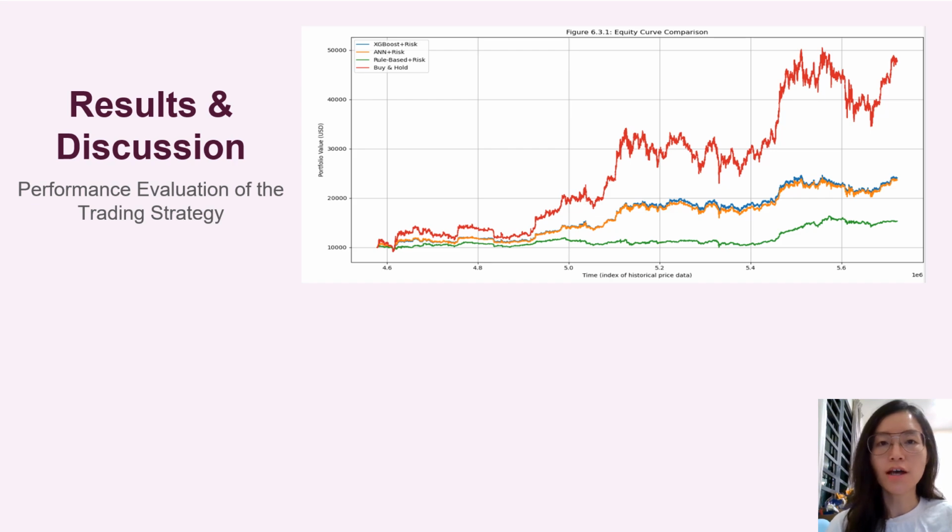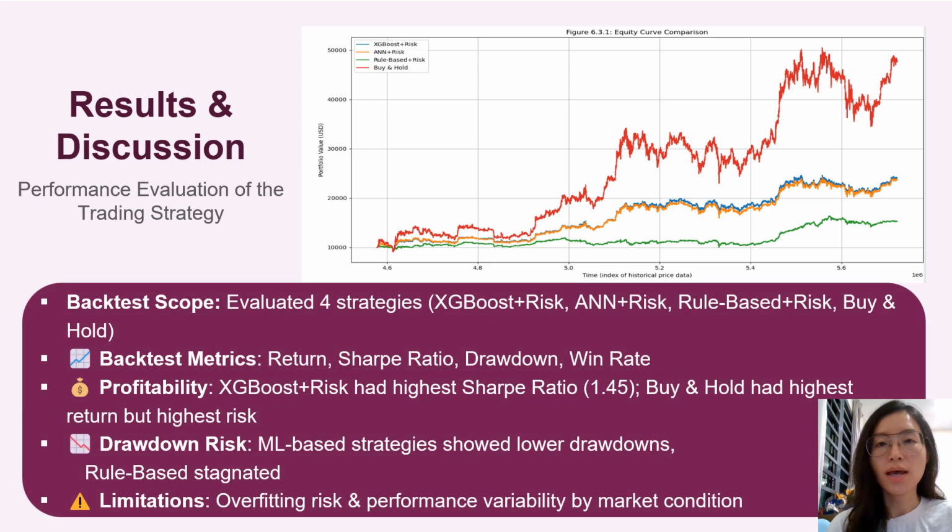In this chapter, we assess four strategies: XGBoost, ANN, rule-based, and buy and hold, using a backtesting framework. We evaluate each based on return, Sharpe ratio, drawdowns, and win rate. As shown in the equity curve on the right, buy and hold delivered the highest return but came with extreme volatility. In contrast, the XGBoost strategy provided smoother capital growth with the highest Sharpe ratio of 1.41, indicating better